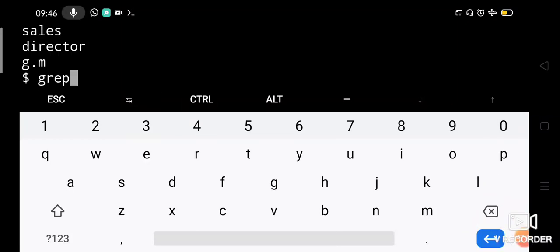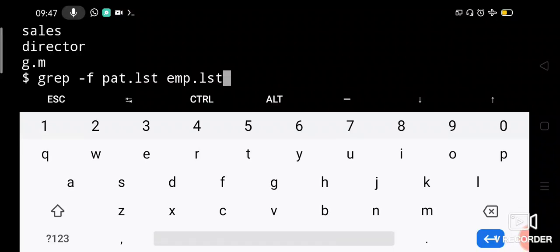Say grep -f. Now pattern is stored in pattern.list, so I'll give that file as the argument. Then I will say emp.list. So the patterns available in pattern.list should be searched in emp.list.